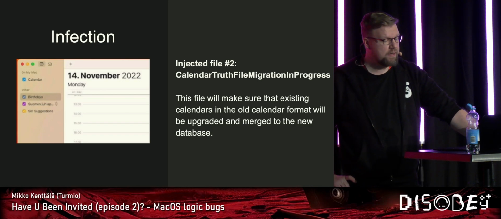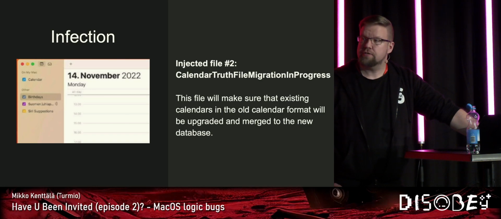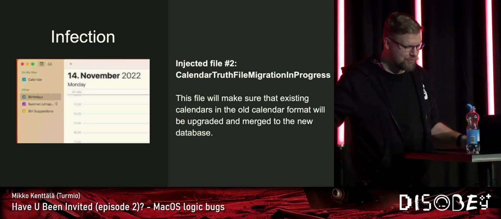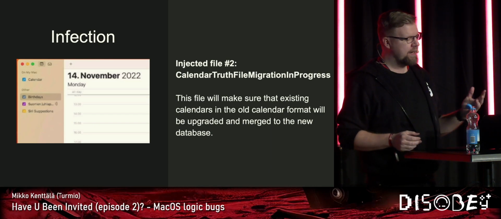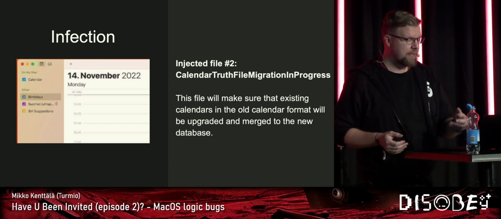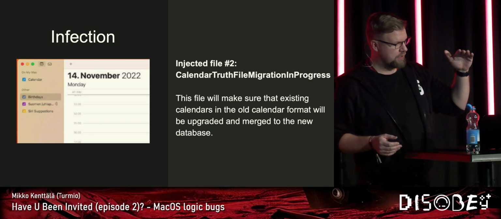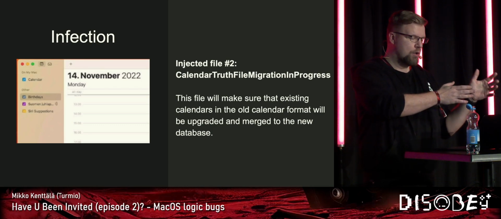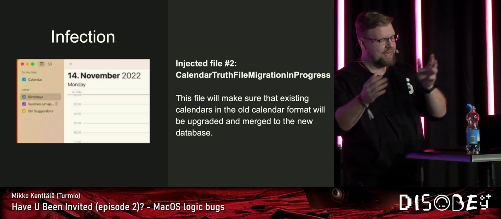But I found a way. It turned out that if you add this file, which doesn't need to include anything and just needs to exist on the file system, a calendar truth file migration progress, then next time you open your calendar application, it will check this file, and if it exists, it will re-index all the files and convert that old legacy format from the file system to the SQLite database.